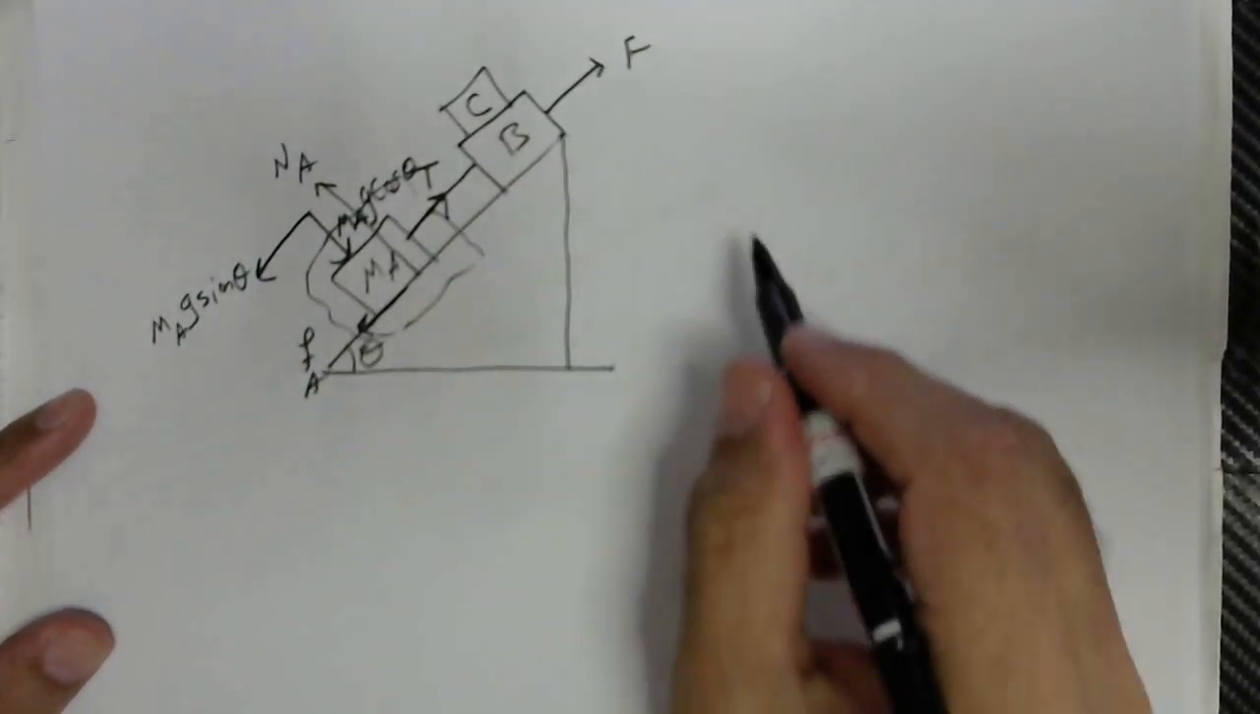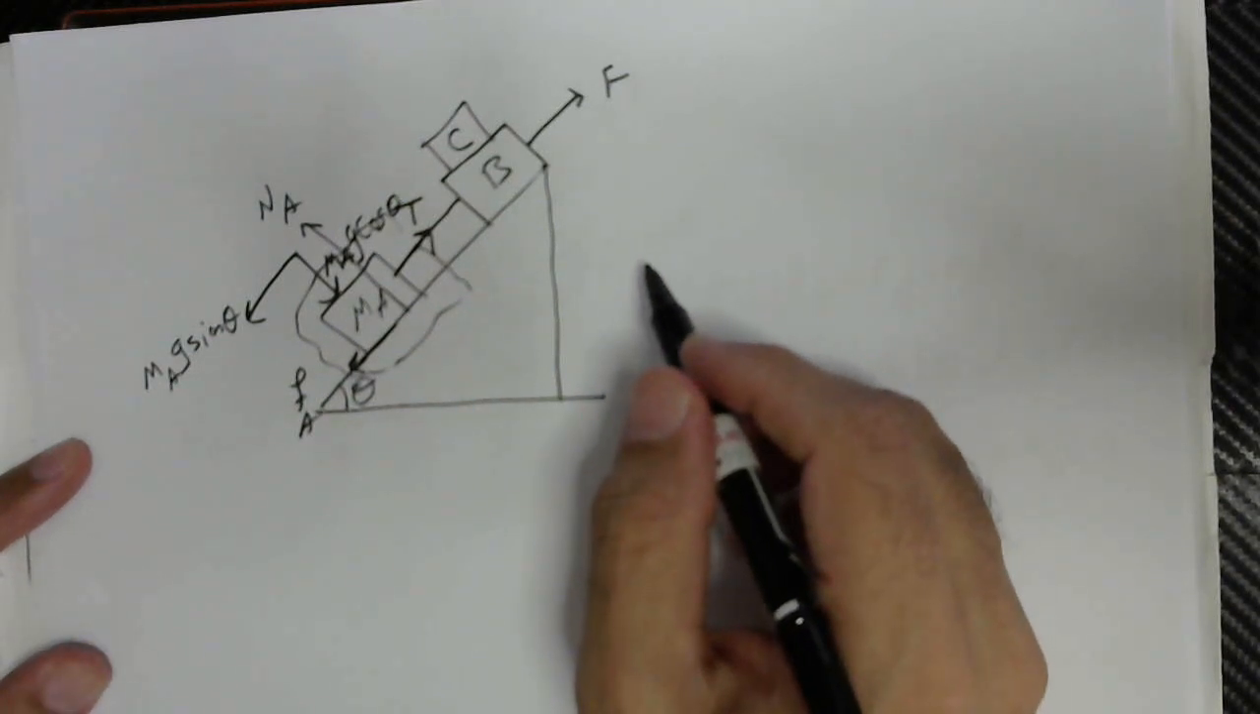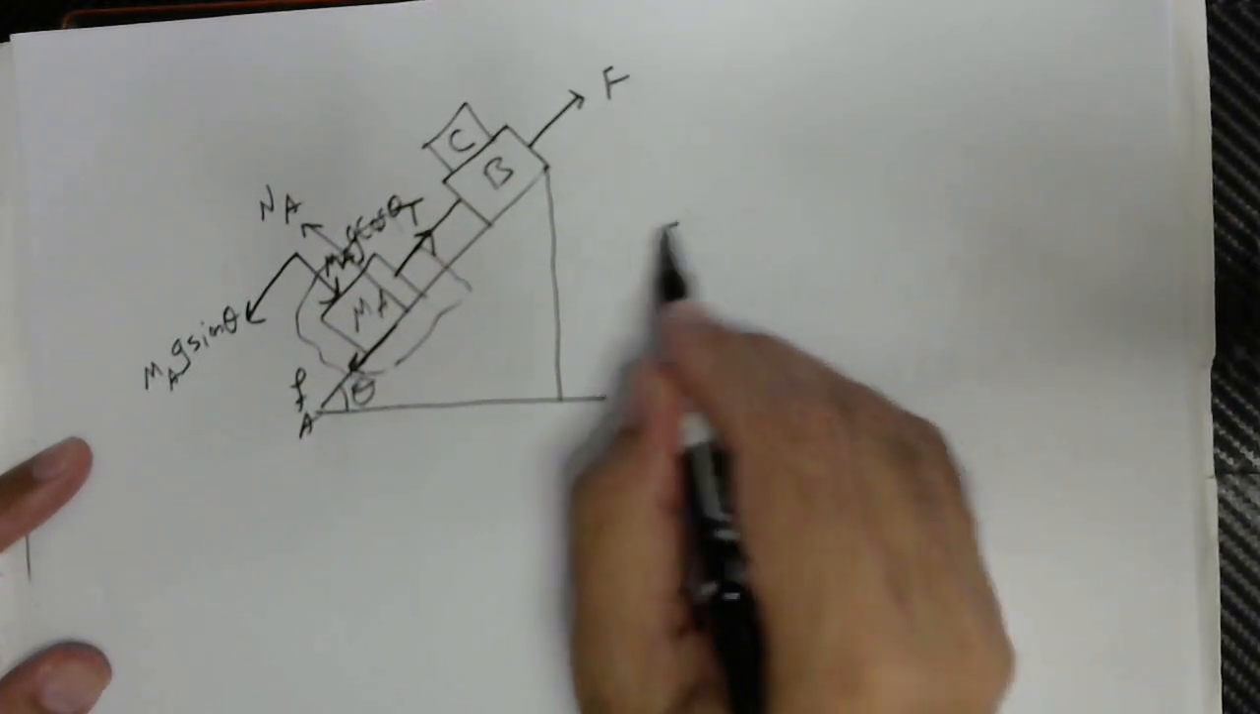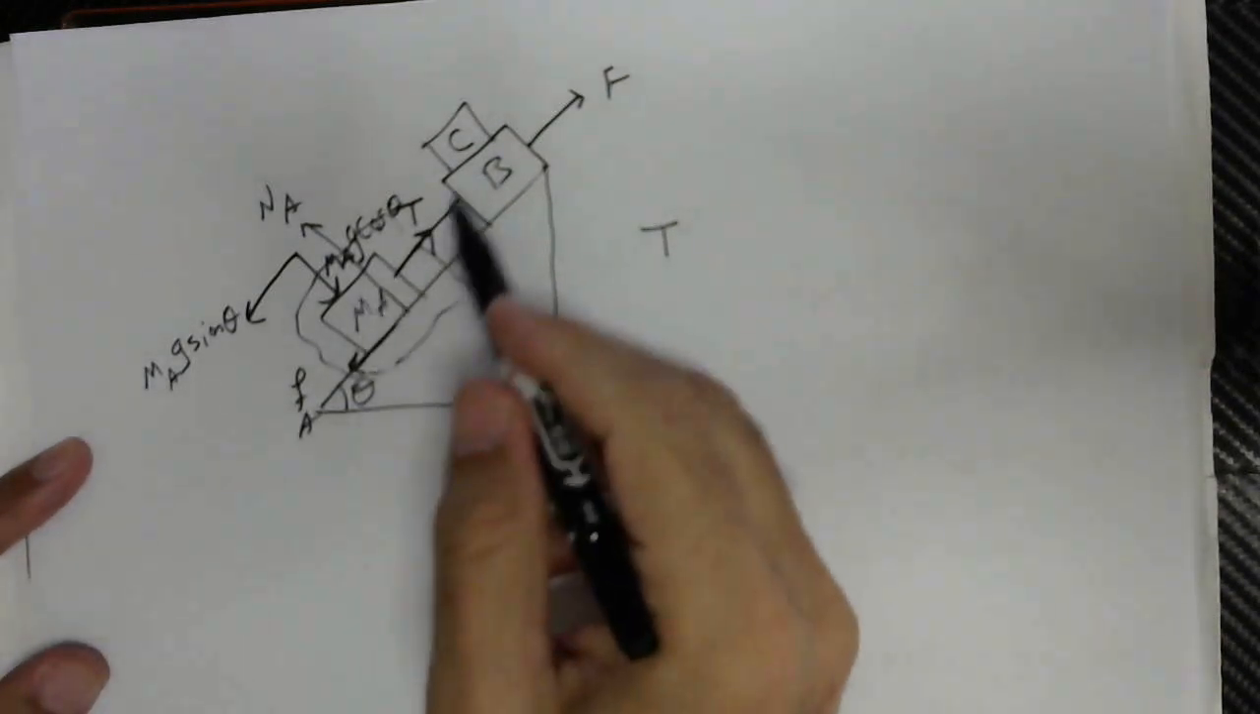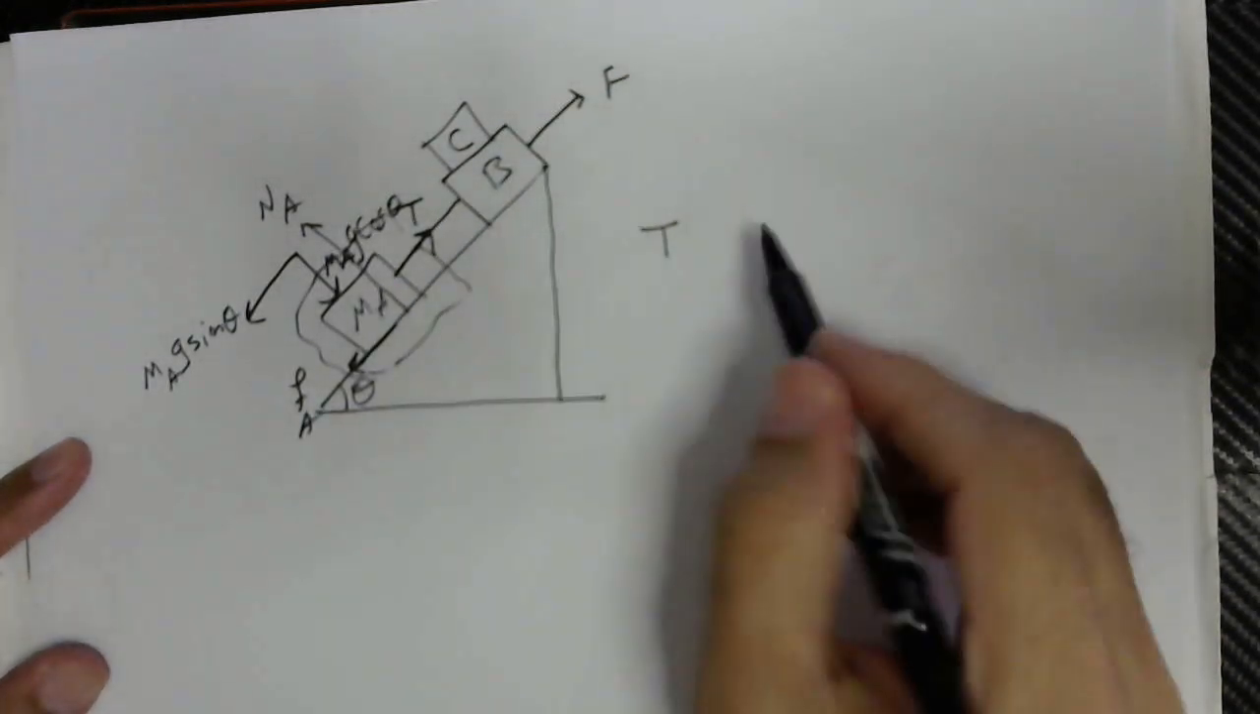So in this case, T is the driving force. T wants to move this upward, and then those